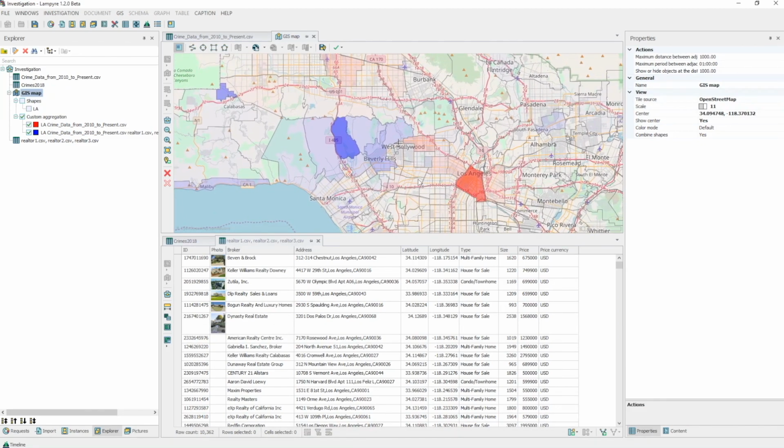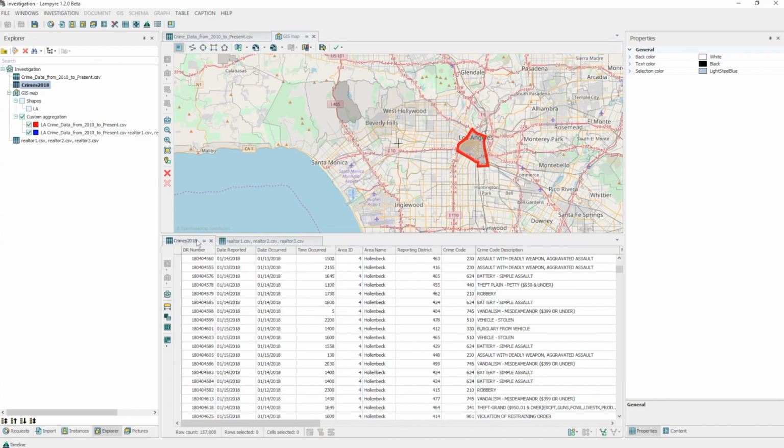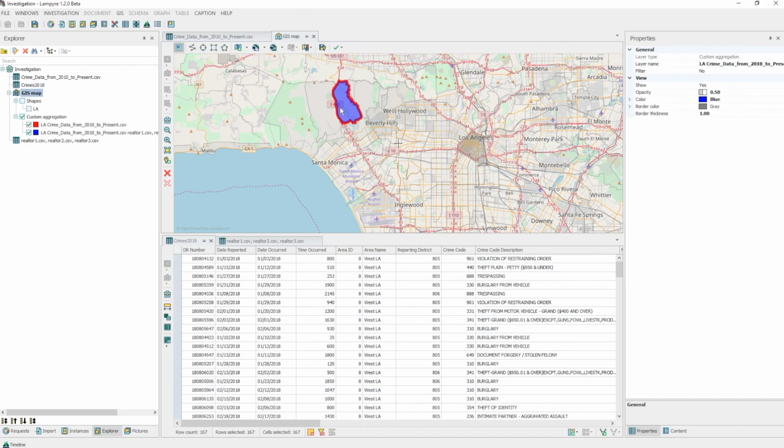This way, we fulfilled our goal, and as a result we see that the average real estate property prices are cheaper in the district with the highest crime level, and vice versa, as the red and blue areas do not intersect. We can study in more detail the statistical data on property which is being sold in the district of the highest crime level. We click the area highlighted in bright red and open the table with the real estate prices. Now let's see what crimes were committed in the districts with the most expensive estate. Click the bright blue district and open the table with crime data.